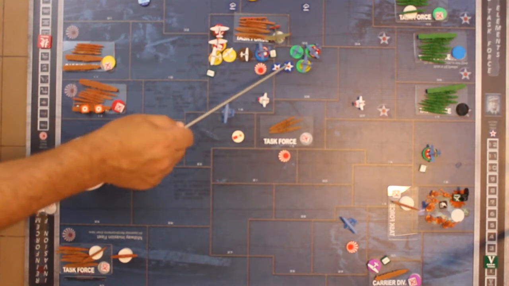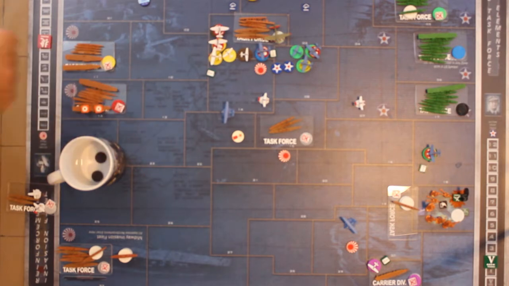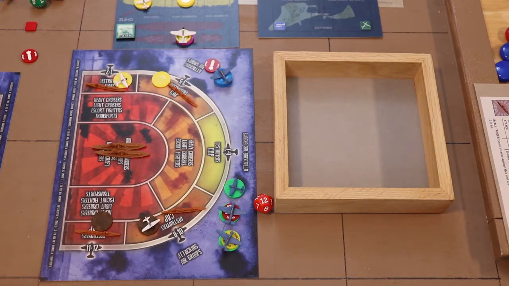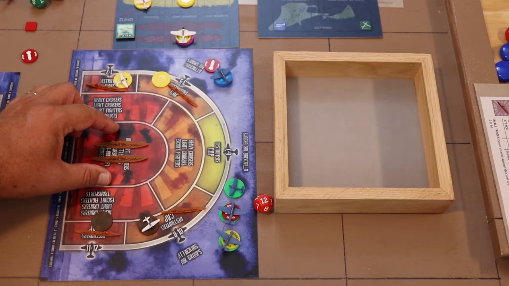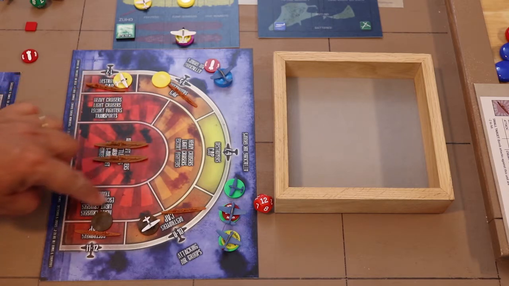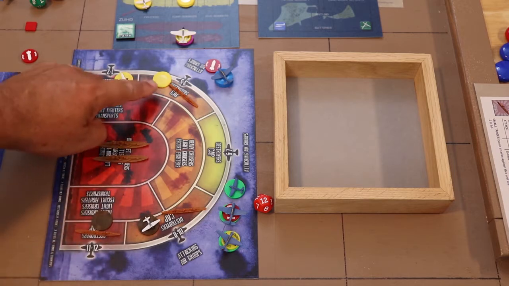The U.S. had 2 tokens, so they launched 2 flight groups into this battleship group here. So let's go to the battle board and see what happens. Alright, so here is the battle board set up. We've got the 2 battleships in the center. There are no cruisers, so this middle ring is undefended, other than these fighters can back up